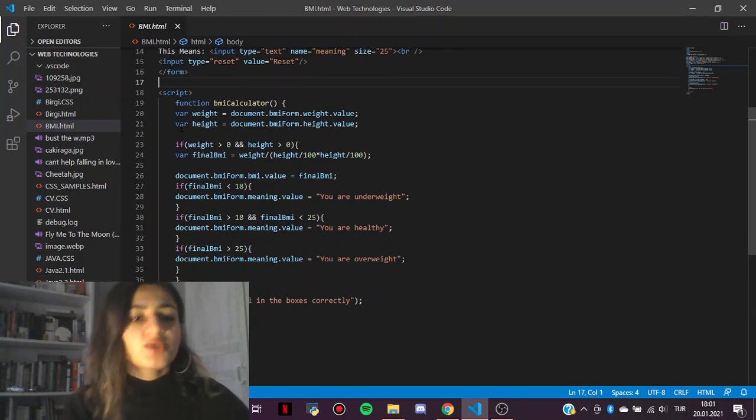Then continue with the script part. This part is very important, as I mentioned. This is where we use JavaScript. There are functions, especially if and else functions. These are not only used for JavaScript but also for the other programming languages like Python. And function BMI calculator brackets and a curly bracket var